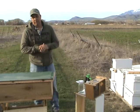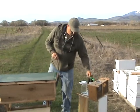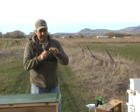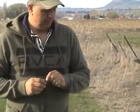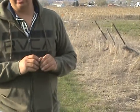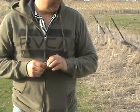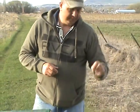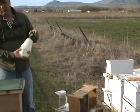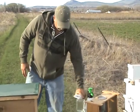Before you suit up and before you open your bee package and get into it too deep, you'll want to round up a little bit of equipment, just some basic tools. One thing I like is the candy plugs you can get. Some packages will come with these. Some bee suppliers already have the candy plug with their queen, but I'll cover that as we get into that. But as far as equipment, you need a candy plug, a marshmallow works if that's all you have, a thumbtack, a small grabber screw, a spray bottle with a 1-to-1 sugar syrup solution,